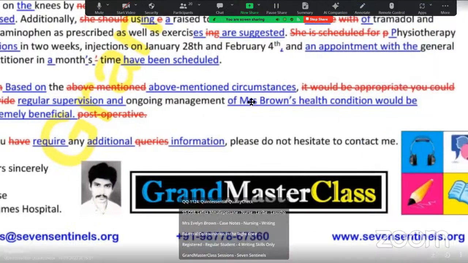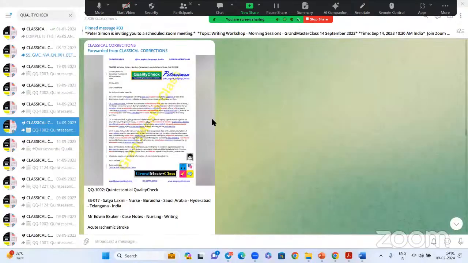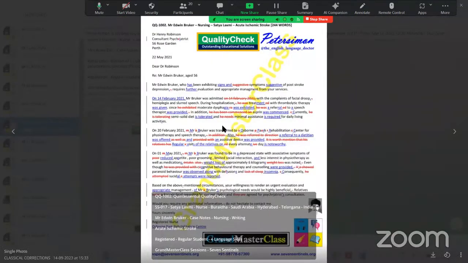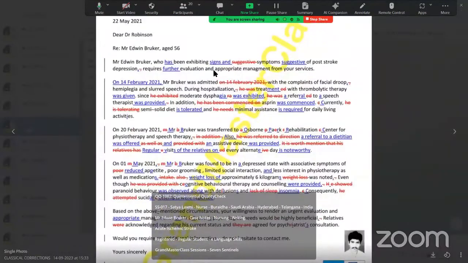Yeah. So all of you see, 2 types of corrections will be there. One is this quality check correction. This will be done when you type and send. When you type the letter and send it to me, you will get this. There are various forms of typing. You can use a